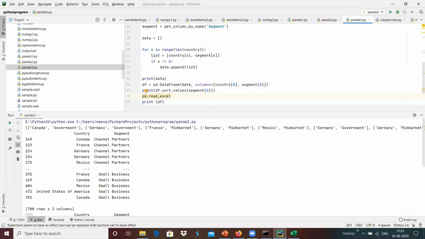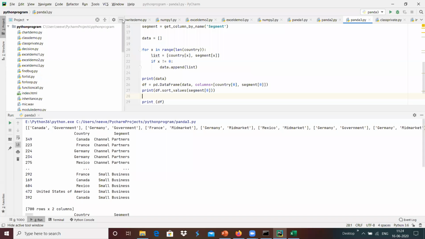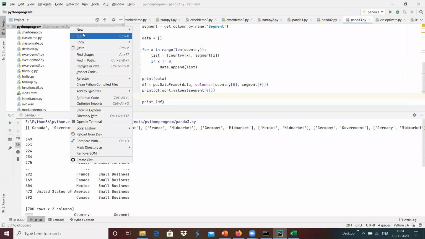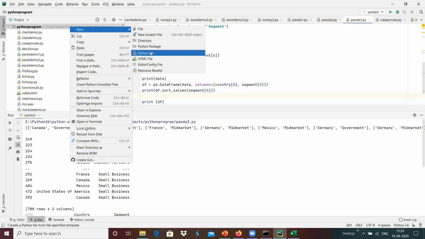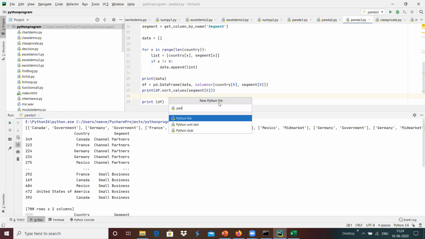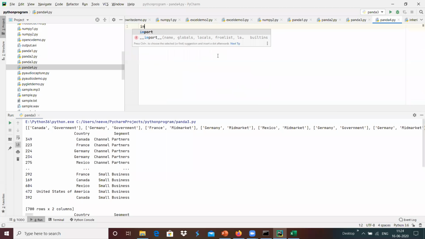Maybe we can use something like df equals read excel, and I'm going to create another new Python file, which is something like panda 4.py over here, and import pandas as pd, and we have the data frame df.